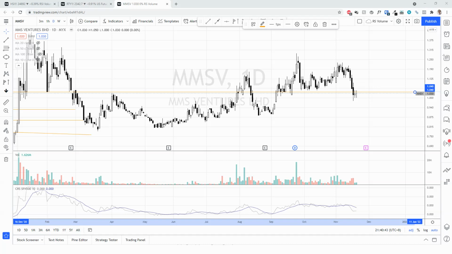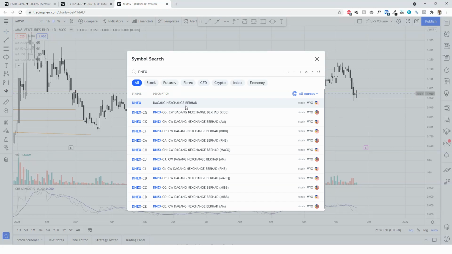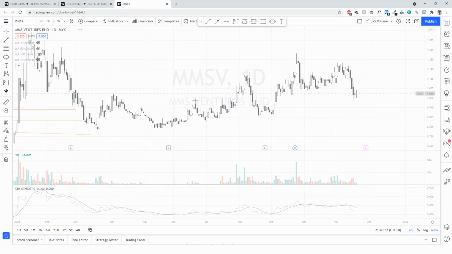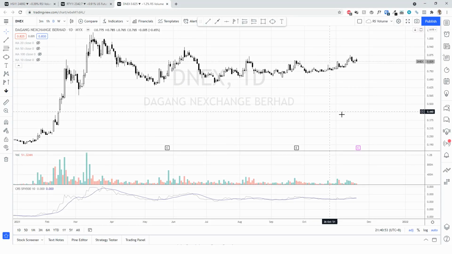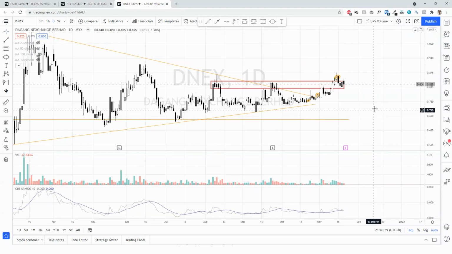Tam Heng Yen asks, is it a good reward to enter DNEX? Oh, okay. Yeah, DNEX I think is quite a nice stock to look at right now. I do have a position in DNEX. I exited and re-entered, but at the moment it doesn't really show very aggressive movement yet. So maybe I talk about this here, and I think I entered somewhere around here.